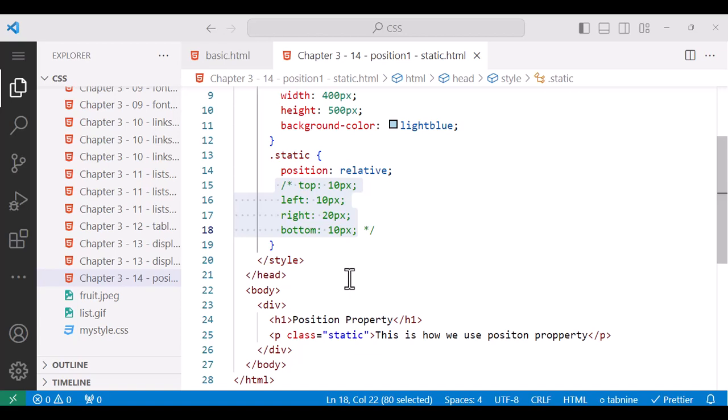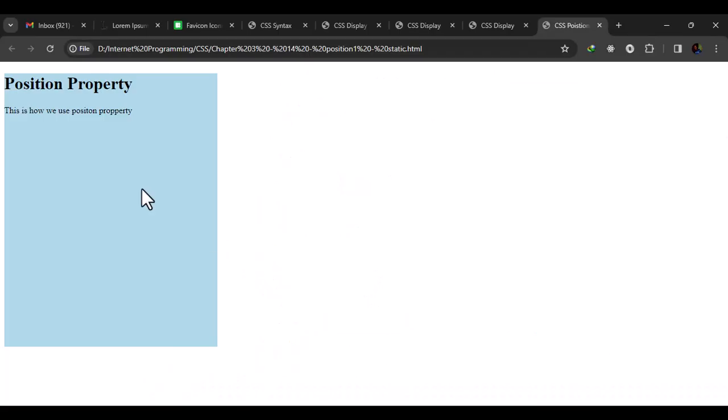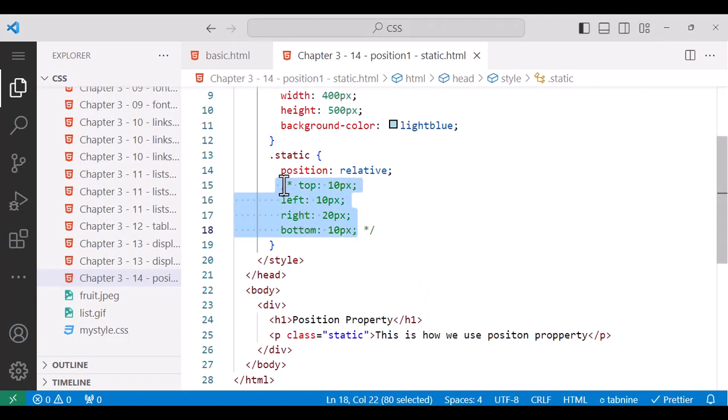If you do not set the top, left, right, and bottom values, there is no effect. So let's see the effect. If we refresh it now, we do not see any change. But if we uncomment it,